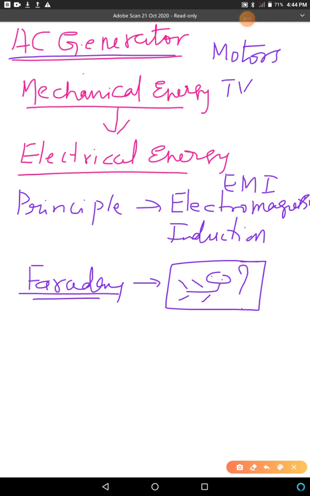The gift given by Michael Faraday, that is electromagnetic induction. So what is the AC generator? It is a device which converts mechanical energy into electrical energy. What is the principle? The principle is electromagnetic